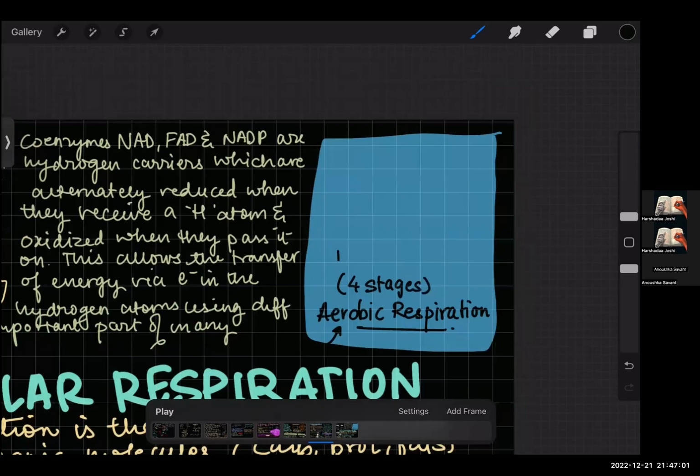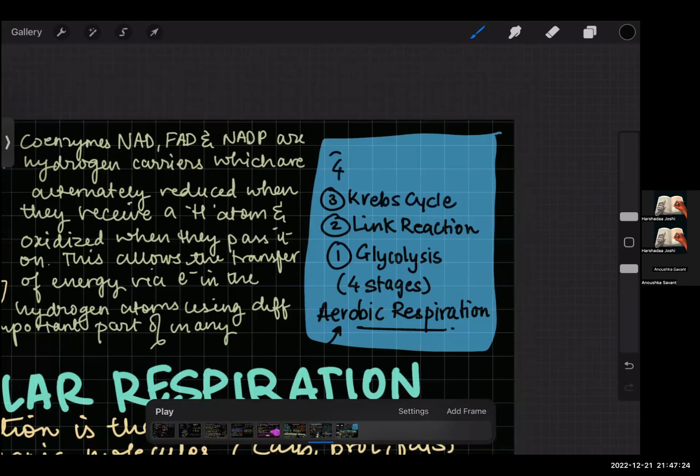The first step is glycolysis. The second step is the link reaction. The third step is the Krebs cycle. And the fourth and the last one is oxidative